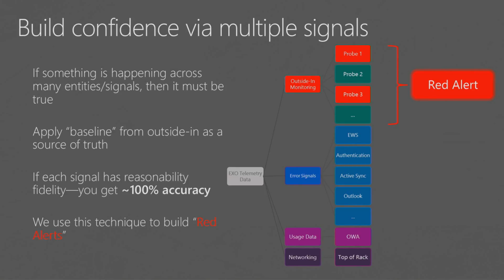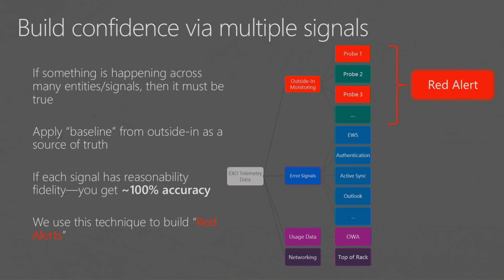Well, this is where the team had a very interesting idea. They said, hey, rather than relying on each signal being good or bad, what if you took all of them and evaluated them together? The idea is that if many signals say something is wrong, well, duh, something is actually wrong, as opposed to one or a few of them, where it could literally just be noise. And of course, this also takes away the burden of each signal being super accurate, which is a common problem that a lot of monitoring systems try to deal with.